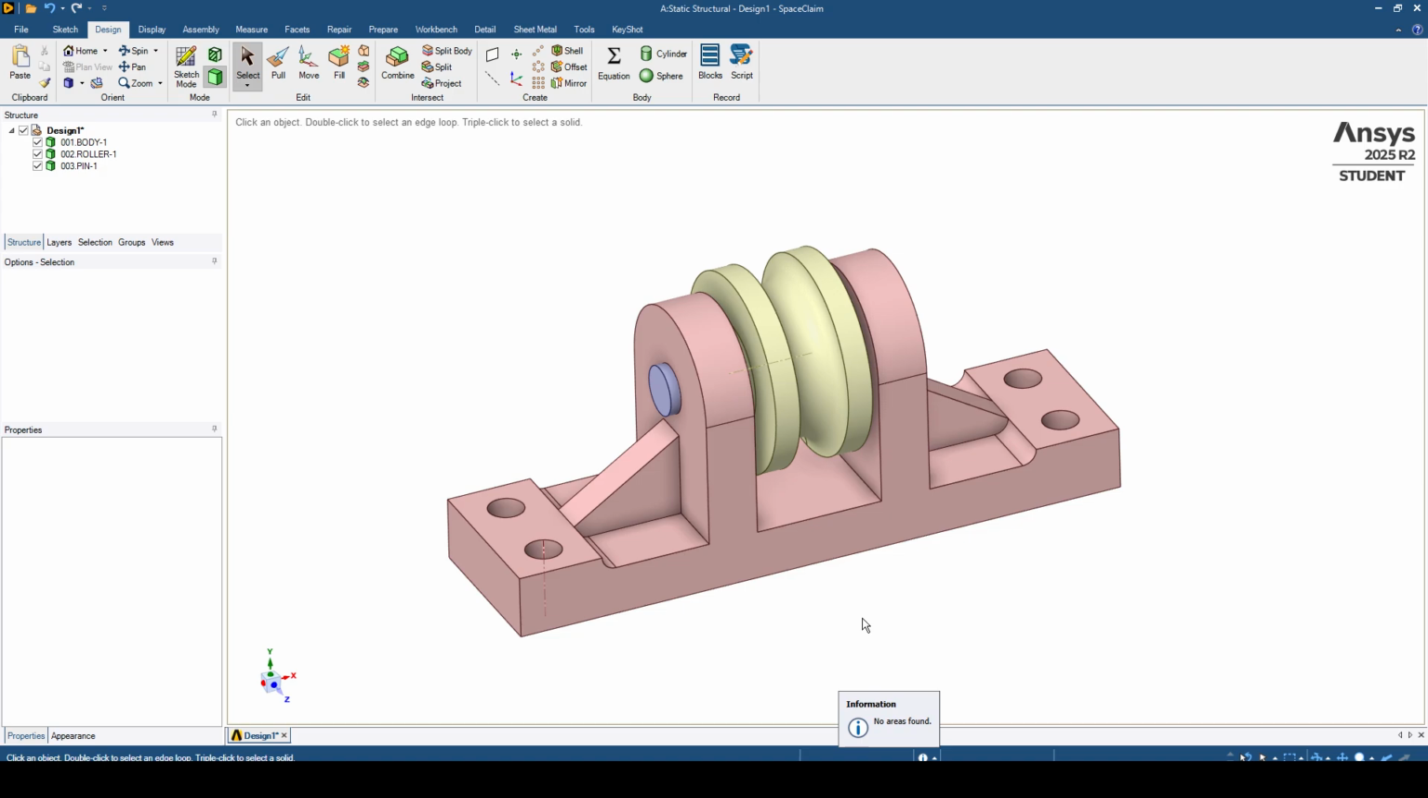In the next video we will take this prepared model and look at how it's used in simulation tools